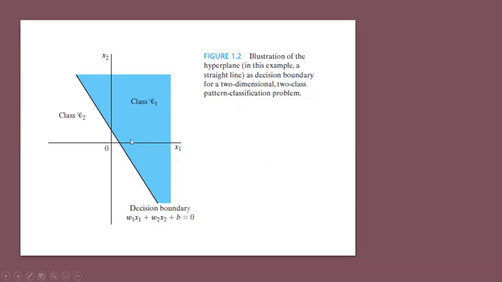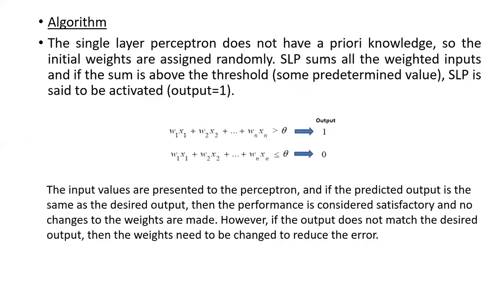So from this graph, we are dividing the data into two classes, so it is a binary classifier. The single layer perceptron can divide the data above the line and below the line. Above the line belongs to class C1, you can think, and below the line, whatever data is less than or equal to the threshold value, belongs to class 2. Okay, so this is the single layer perceptron.